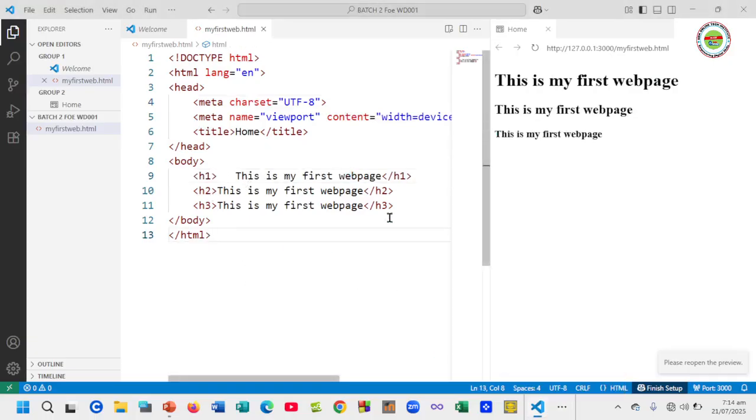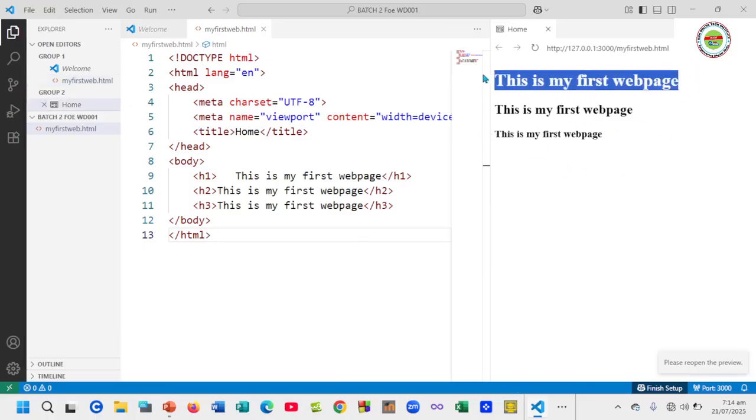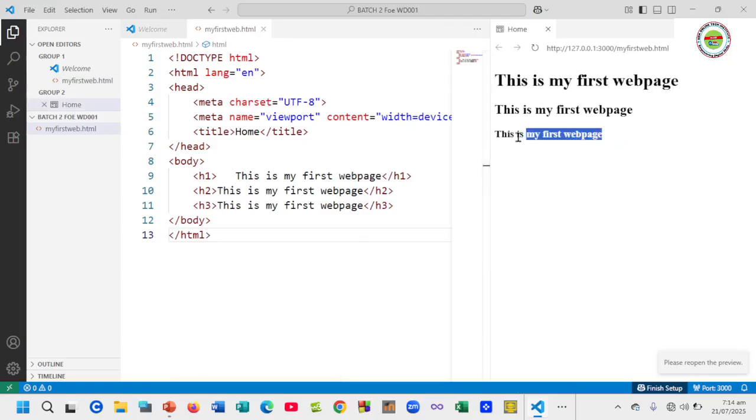So we have 3 lines of course here. This is my first web page, this is my first web page. So this is header 1, the second one is header 2, and the third one is header 3. So most of the website